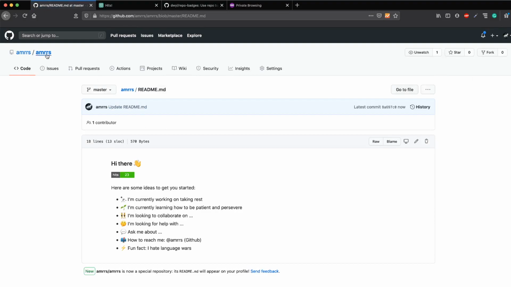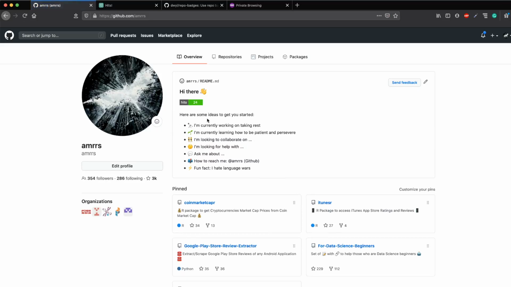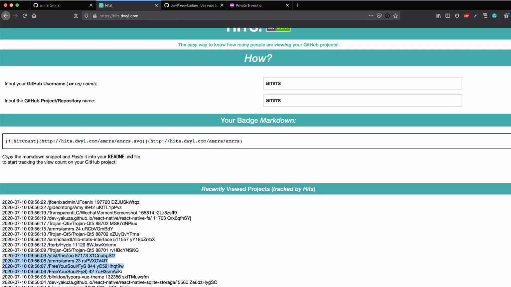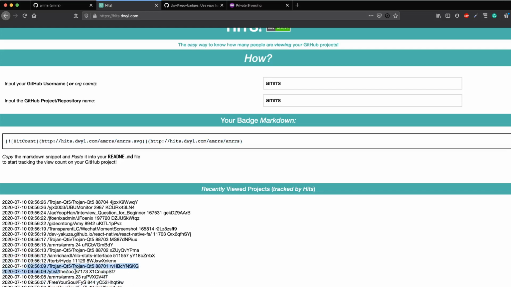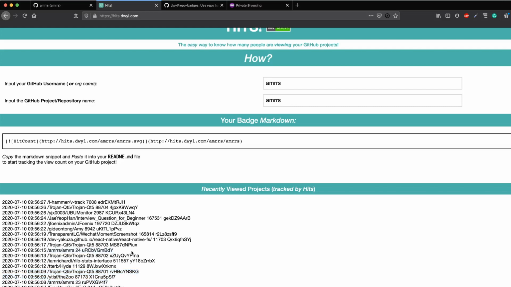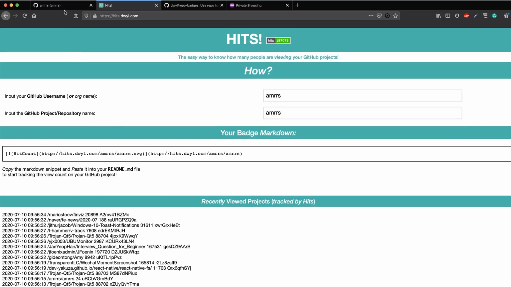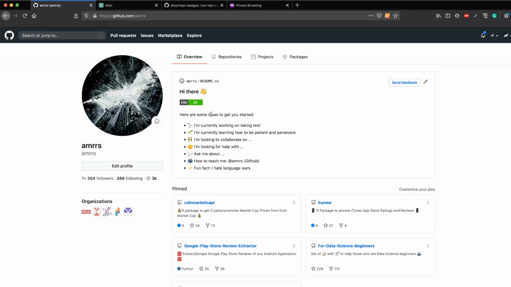But if you have a server yourself, you can host this image directly there, and then you can measure it. In that way, you don't have to depend on this third-party service. If you depend on this third-party service, you can actually see that they track who have visited this. You can see that our repo is also there. If you don't want these things to happen, if you want to track it only by yourself, then you can host the image yourself and track that image. That's basically how web analytics work. It's pixel tracking, so you can also do that. But if you are a student, or if you don't bother about all those things, you can simply do this. It just gives you a ballpark figure.